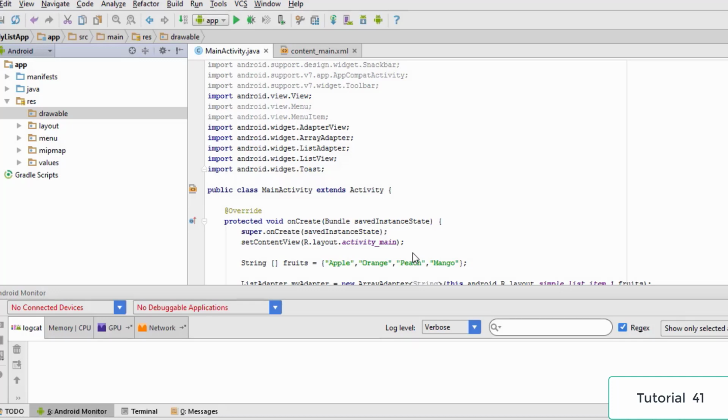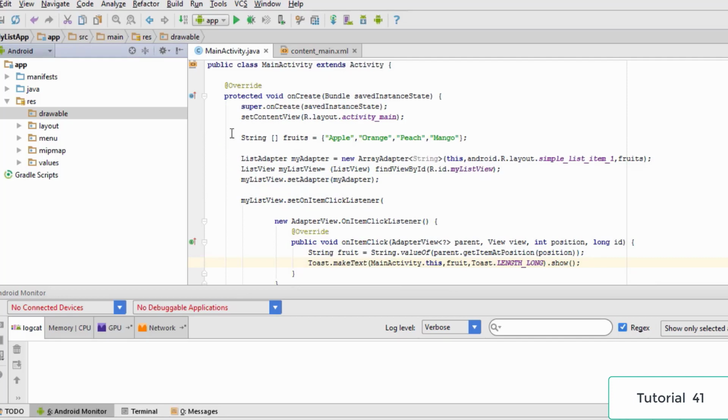Hello and welcome to this tutorial, and in this tutorial we are going to learn how we could create a custom list view. Now in the previous tutorial we have already created a list view which had some items, and it was basically a very simple list view wherein we had a list and the list had only one text and nothing else. So in this tutorial what we are going to do is that we are going to define our own custom list view which has an image on the left hand side and it is going to have some text on the right hand side.